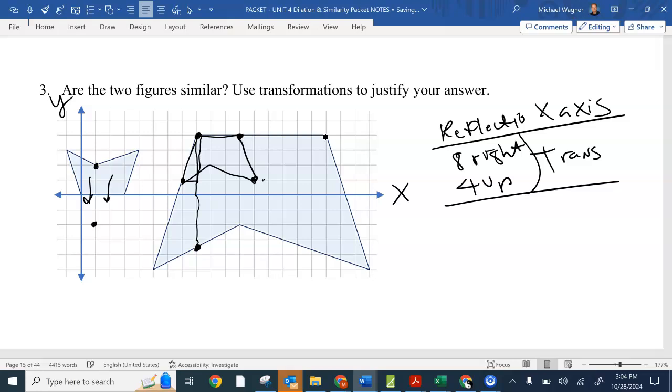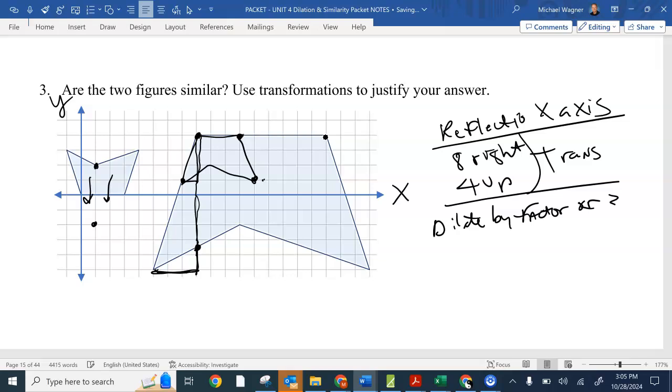Wait, guys, 7.5. Oh, wait, 8, 9. I've got to go to the edge of this. My bad. So this goes down 9 over 3, which is 3 times more. So yeah, this basically is you would then dilate by factor